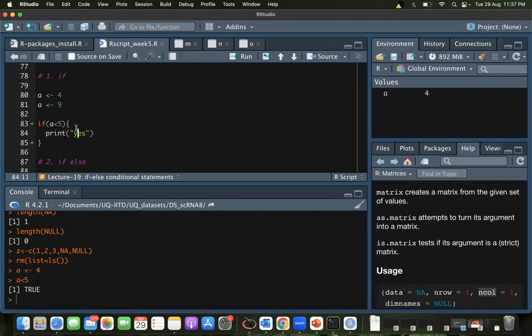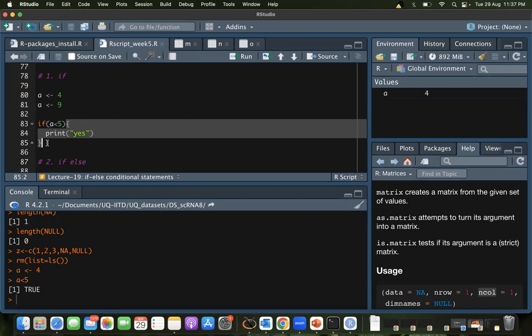curly brackets. So curly brackets are used to define blocks or chunks. Okay. So here we are defining a chunk, and this chunk will only be executed if this expression evaluates to true. If this expression, a less than 5, evaluates to true, then you go to this chunk.